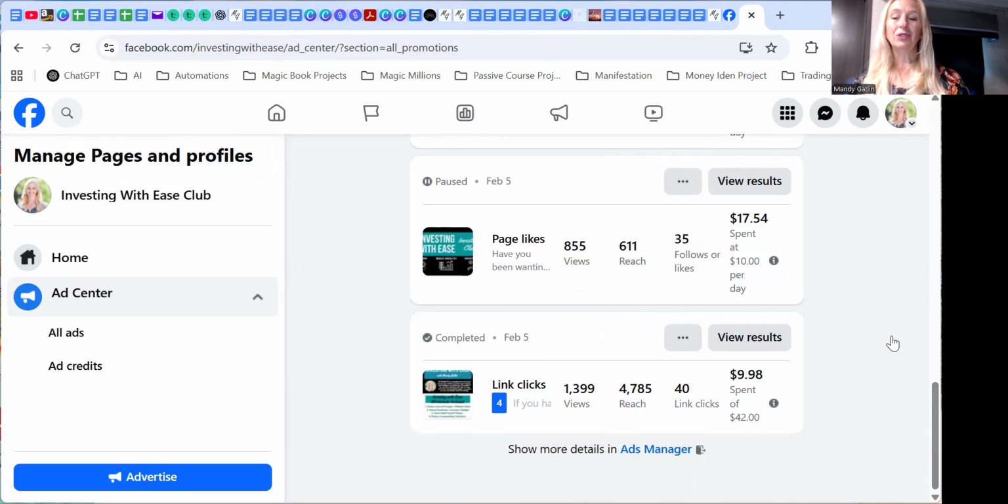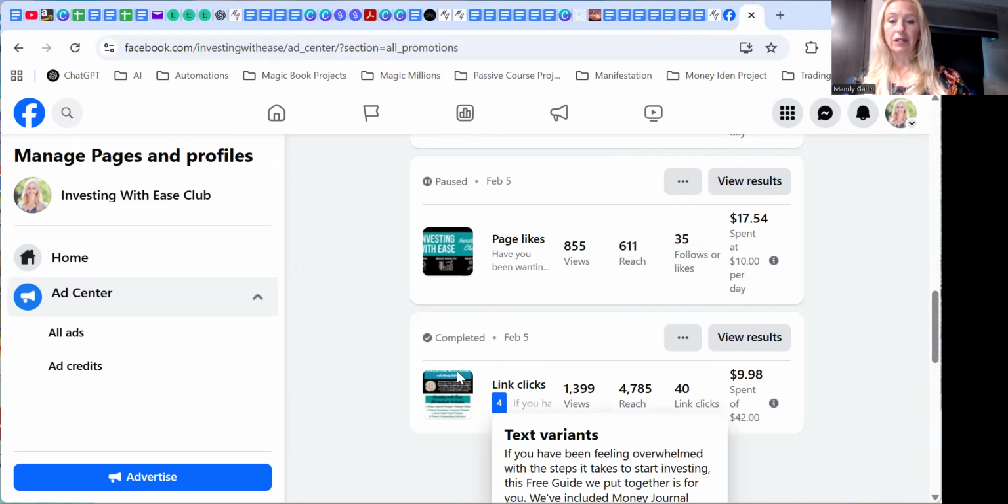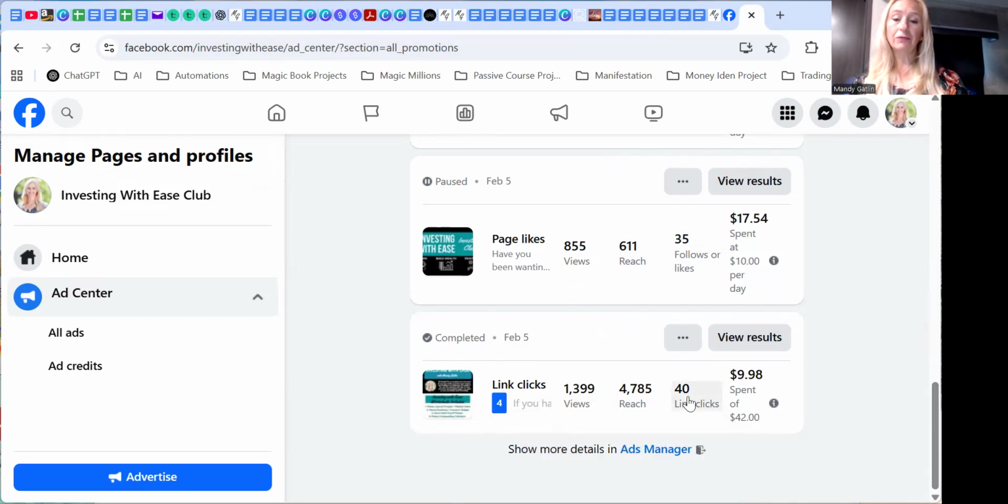So it's not like a huge investment here. It's not like you're going to end up spending hundreds of dollars to start. I just would encourage you to try some and to start with something. Now, this one down here, the very last one, was one of my posts in the Facebook feed. It was the guide post. And you can see here I spent $10 and I got 40 clicks to that link for the freebie for people to go and sign up